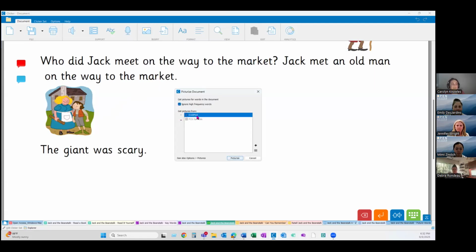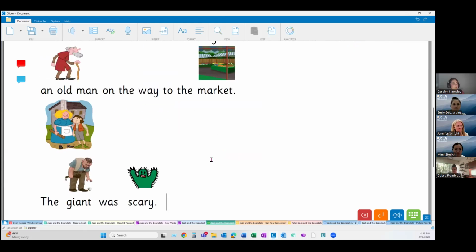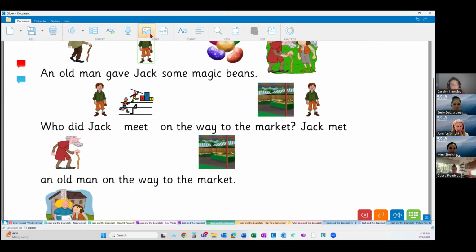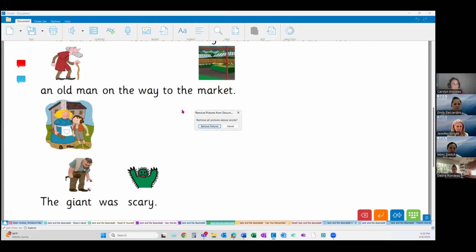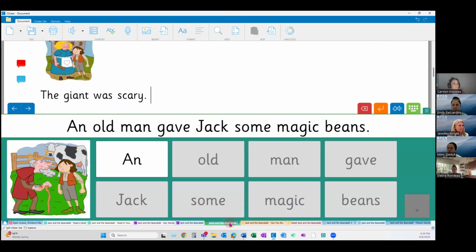It'll ask us where we want to pick pictures from, and it's searching from the Crick Picks 2 library, which comes in Clicker. This is like rolled into the program itself. And then we'll keep the pictures. And then it will go ahead and add a bunch in for us. And if you don't want them for whatever reason, you can undo it. It will leave any that you add from the grids, though. It separates those in its mind. So if you have pictures from any of the activities you've been working on, it'll leave those.